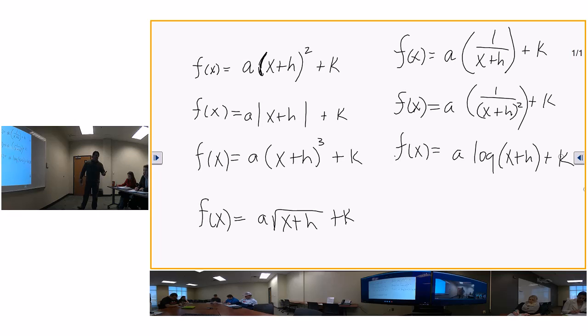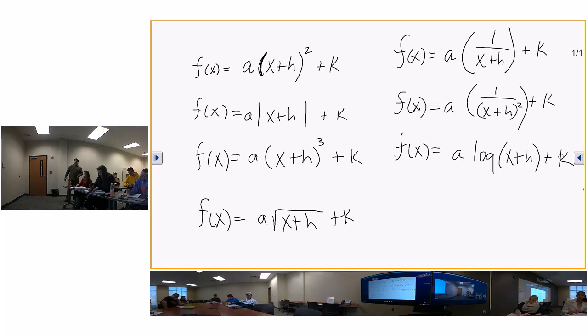I don't think I did the quartic, which is to the 4th, the 6th, the 8th, because that's just a parabola. So it's going to do the same thing. And I didn't do the odd functions, which is 3, 5, because that looks like the one raised to the 3rd power. So does everybody